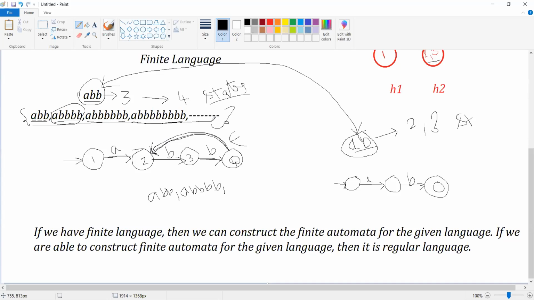Okay, so here I want to give two conclusions for you. The first conclusion is, whenever you are having a finite language, that finite language is a regular language. But the only point of concern for us is when we don't have a finite language, when we have an infinite language.